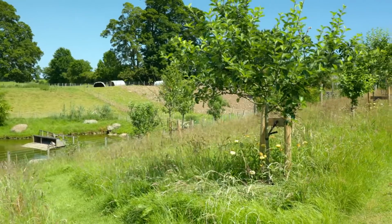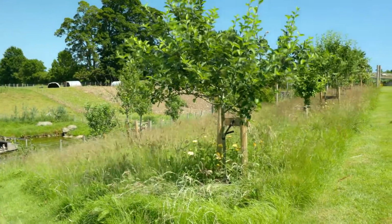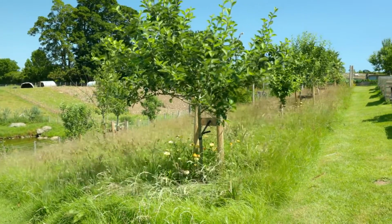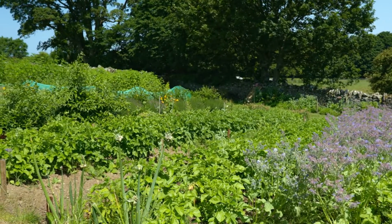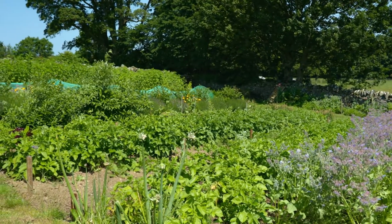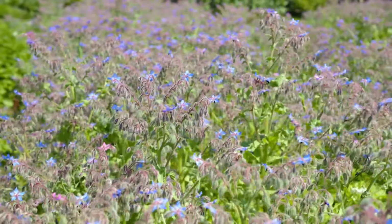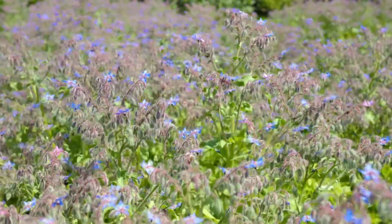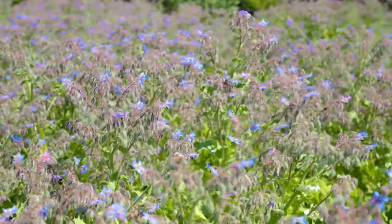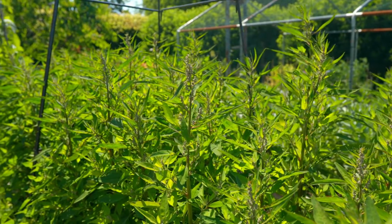There's a little hillside orchard which we're letting the grass grow around it, and it'd be a little bit wilder. The forest gardens, we're experimenting with forest gardening, so very mixed planting, very biodiverse hopefully, to encourage wildlife in. And we do allow things to set seed in places, like for example the borage this year amongst the potatoes, as long as they're not actually on the potatoes, but we've just allowed them to continue, because nature often does it best. Because we want a long season of produce, there's something flowering right through the year, so it must help